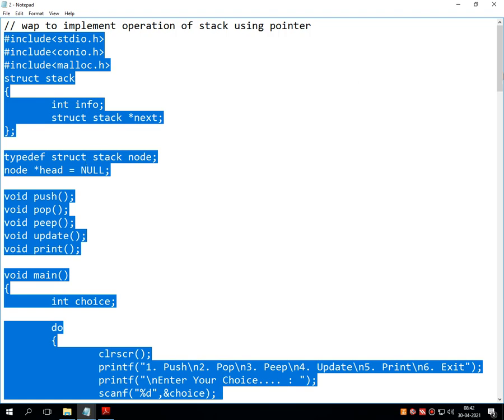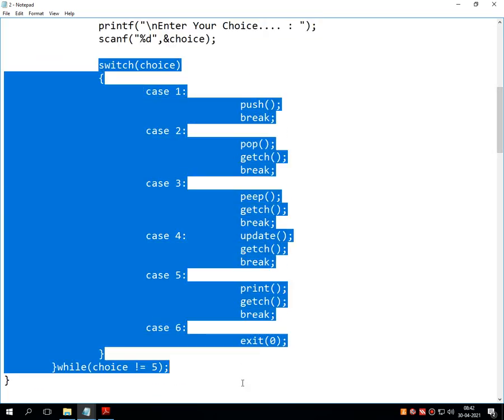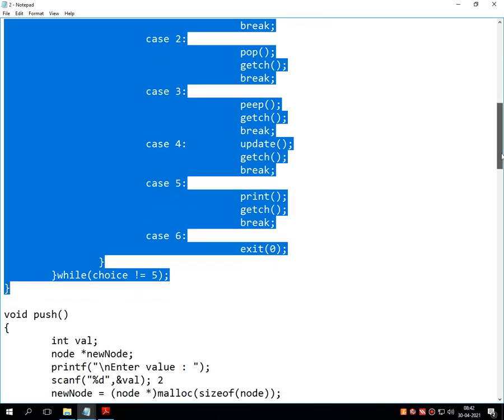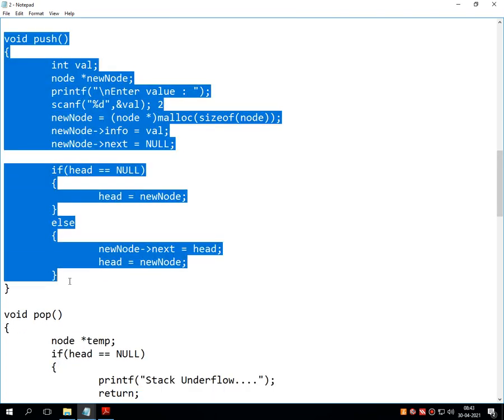Again pause the video and write down the selected lines. Again pause the video and write down this push operation.